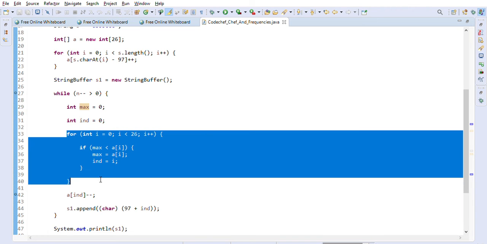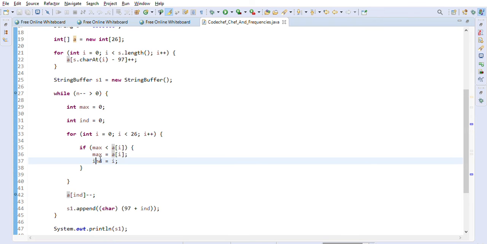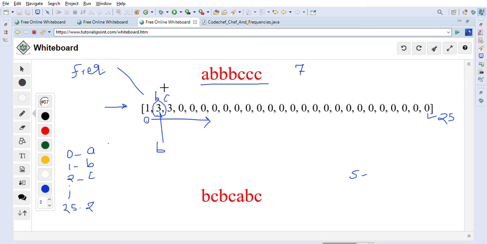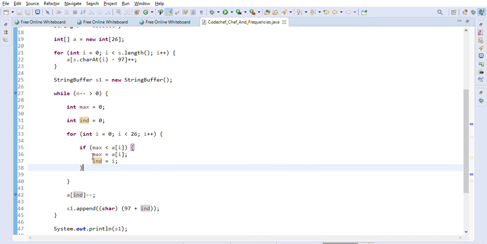And once we pick up the character, we get the index of that character into this array. For example, here the index we will get is 1, right? This is 0, this is 1 index, this is 2 index. So here we are going to get the 1 index, right, for b. So b we will get the index as 1, right? So let me just write down here quickly. So this is 0 index, right? This is 1 index, this is 2 index, this is 3 index, right? So when we are picking b, then this index is 1. So that's what we are getting here, this index once.